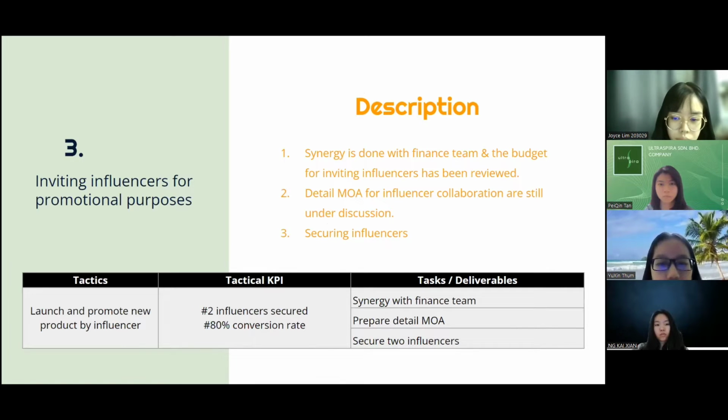So we have done a synergy meeting with the finance team, and the budget for inviting the influencer has also been reviewed together with them. From there, we set a KPI, which is to secure 2 influencers to promote our new product. Also, our team is currently preparing for the MOA, which is the Memorandum of Agreement,